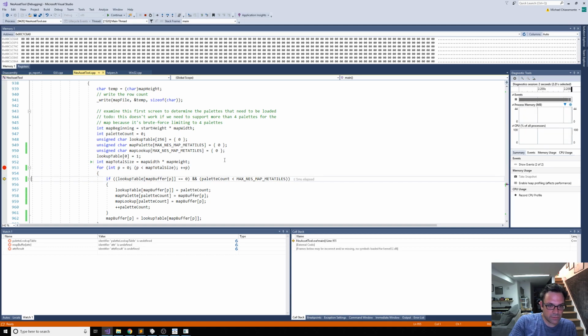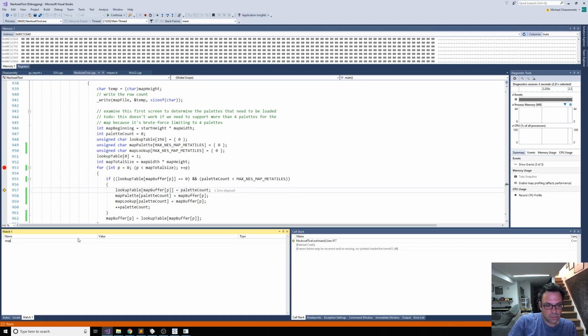And so now we're going to iterate through the entire map. And we've got a value here. So map buffer p is 1. So lookup table 1 will now get